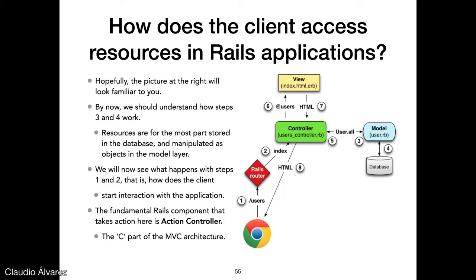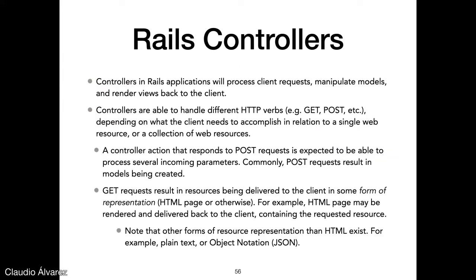And the fundamental Rails component that takes action in steps 1 and 2 is Action Controller. You just saw Active Record. Well, now we've got Action Controller, which is another component of the Rails architecture. It's actually the C of the Rails architecture. So controllers will process the client requests, will manipulate models, will perhaps update, create, will conduct CRUD operations on models